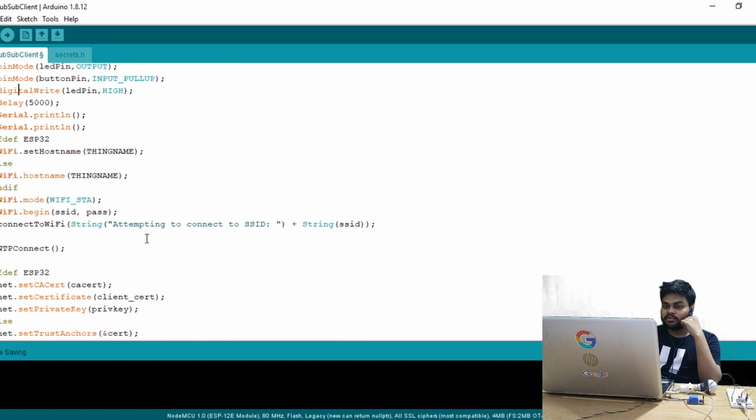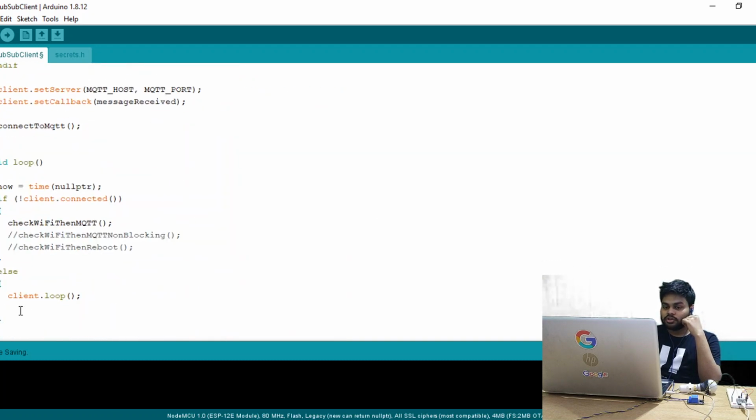And now we need to define the action of the button. How do we define it? The condition will be: if digitalRead of button pin equal to LOW.